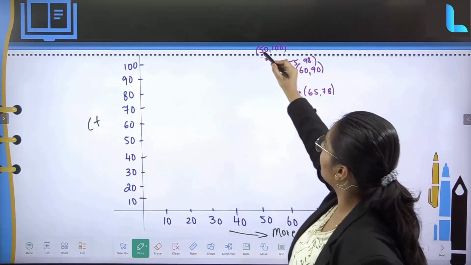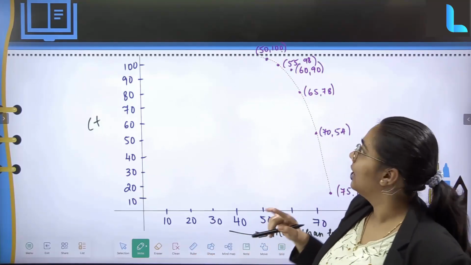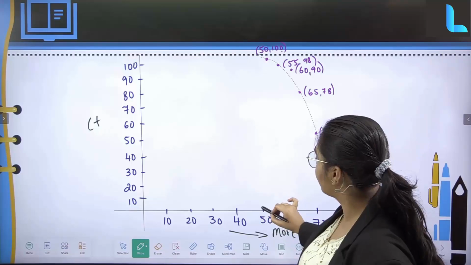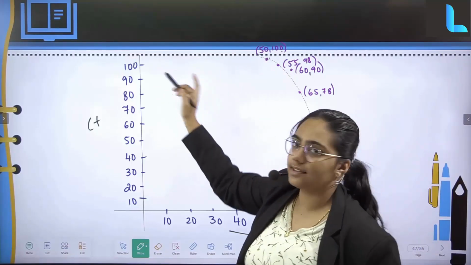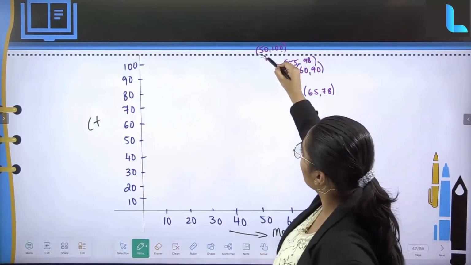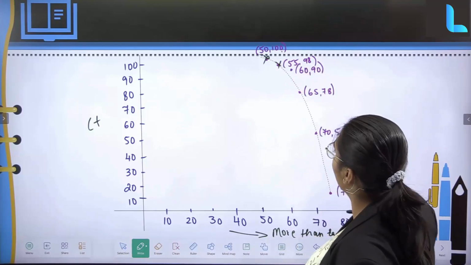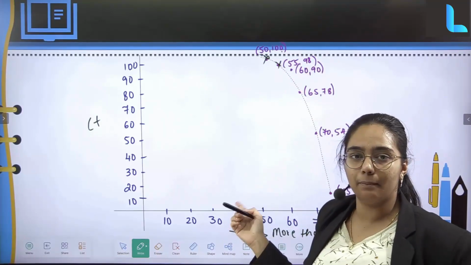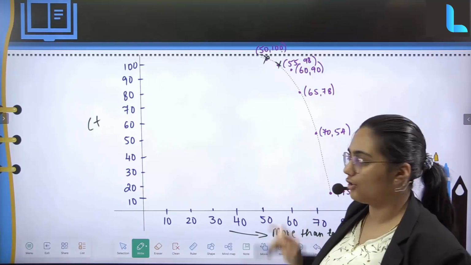So considering that, 50 comma 100 is what I have got. So 50 on my x-axis first, and on my y-axis 100. That is the plot I'll be having. Similarly, just plot for everything, and you'll be having an arc type of curve, which is going to be your ogive.